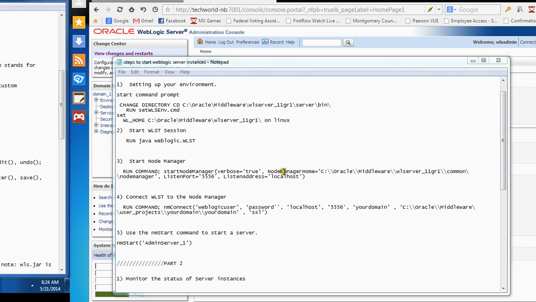Every time I'm going to have to go to the node manager to start up my WLST, to connect to my admin server. I mean,